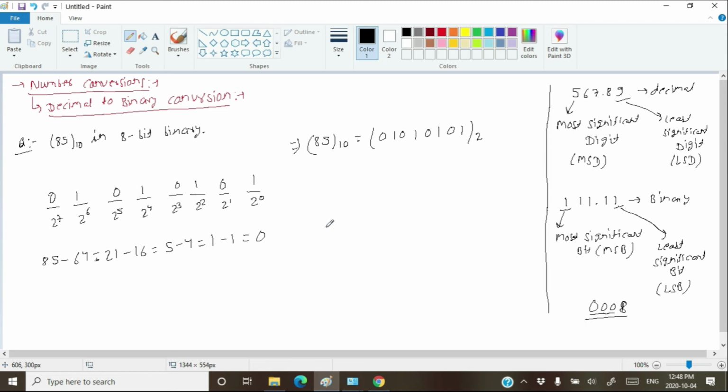But what about the fractional number? I will suggest you, when you have to convert fractional numbers to binary, you should use the repeated multiplication method for the fractional part. That is the best method for the class 11th student right now. Of course, you can use this position method to calculate the binary of the fractional part of a number, but I will not suggest it right now in the class 11th. Always try to convert the fractional decimal number to binary by using the repeated multiplication by 2.